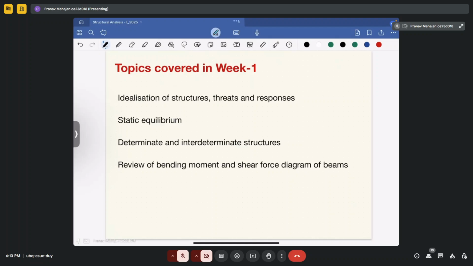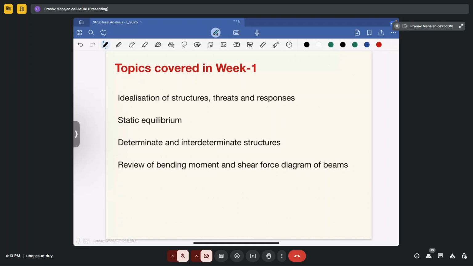So we have three principles of static equilibrium. These three equations are summation of forces in horizontal direction equal to 0, summation of forces in vertical direction equal to 0, and summation of moment at a particular point equal to 0. Okay. Then we have seen how to determine the determinacy of the structure. So determinacy of the structure, how you will determine that, one question related to that also we will see in this current session. Then finally, you have seen how to draw the bending moment and shear force diagram for different